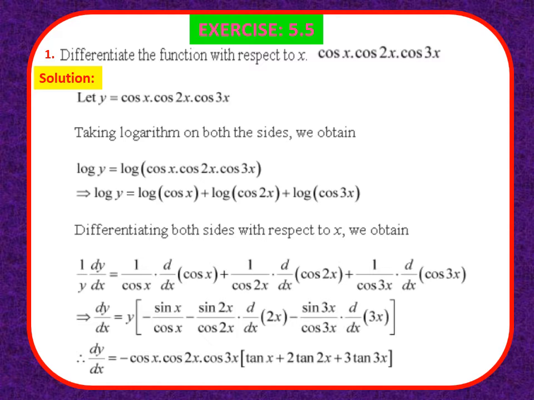Simply we can differentiate both sides with respect to x. Then for log y it is 1 upon y dy upon dx. And then for log cos x, we get 1 upon cos x, and for cos x it will be minus sin x. Same for log cos 2x, we will get 1 upon cos 2x for log, and then for cos 2x we will get minus sin 2x, and for 2x it will be 2. Remember the chain rule also, we are going to apply all those rules together. Then for log cos 3x, first for log it becomes 1 upon cos 3x, and for cos 3x it will be minus sin 3x, and then for 3x it will be 3. Clear? Then multiply the y to the right hand side, you will get your solution.